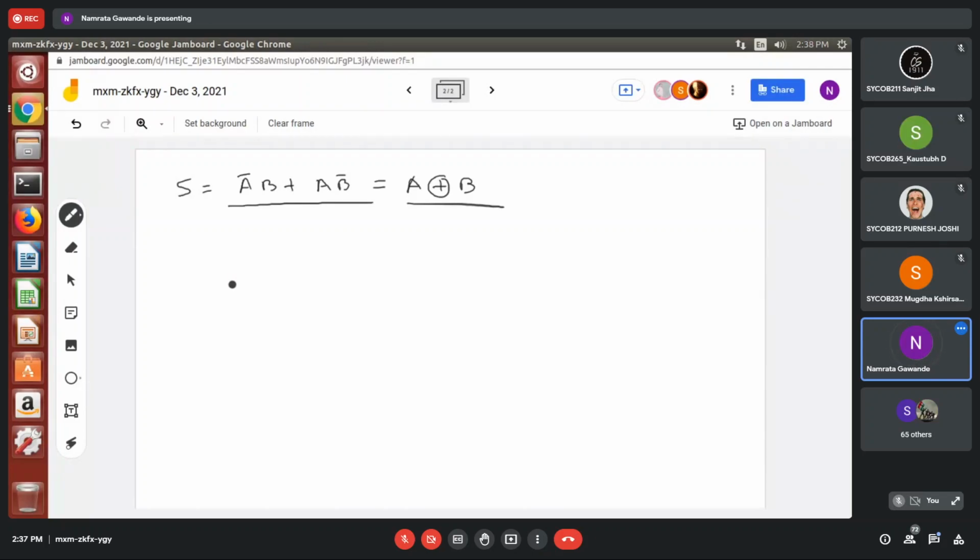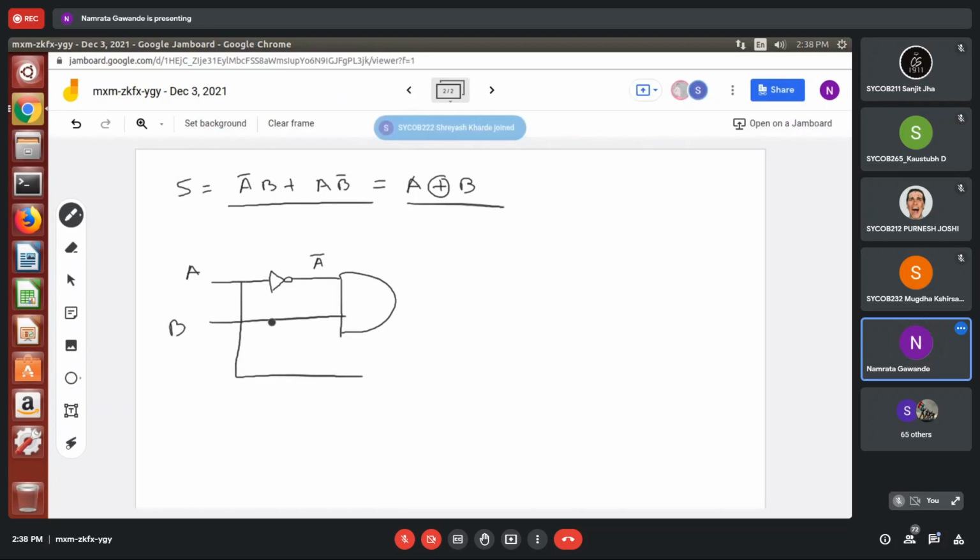A bar B. So A bar means you have to use the NOT gate. Okay, A bar. Then this will be B. Then here A, and for this another AND gate.